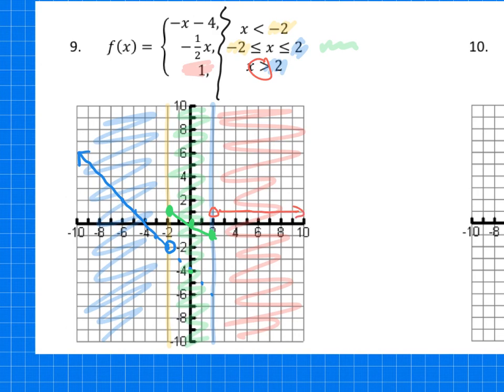So something to notice is that when you are looking at this, we have these different sections in blue, in green, and in red, and the graphs each only exist in one of those sections. You can't have more than one graph in any of those given sections, otherwise it's not a function. So that is that, kind of hopefully some